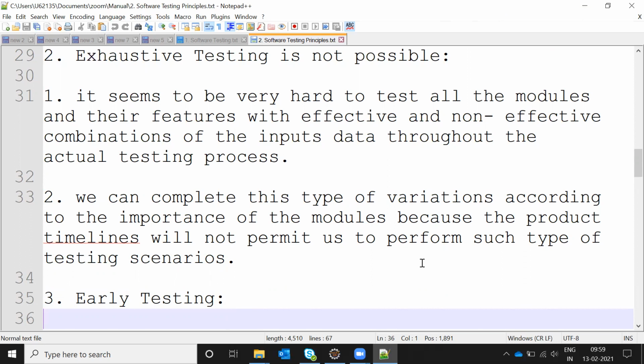It means we need to prioritize the modules, because at the time of delivering the product to the end user, we will not get that much time to test each and everything one by one clearly. At that moment, we may test quickly, module based. We need to segregate all the modules, test them faster, and find as many defects as we can. We need to create the test scenarios and provide them.